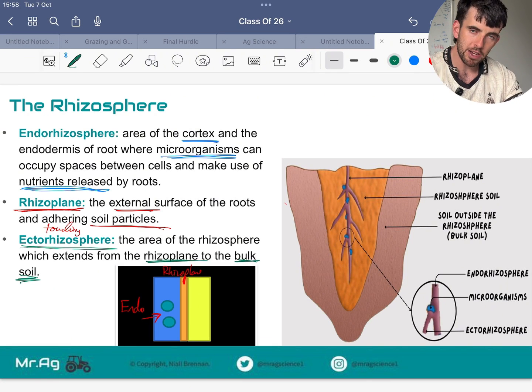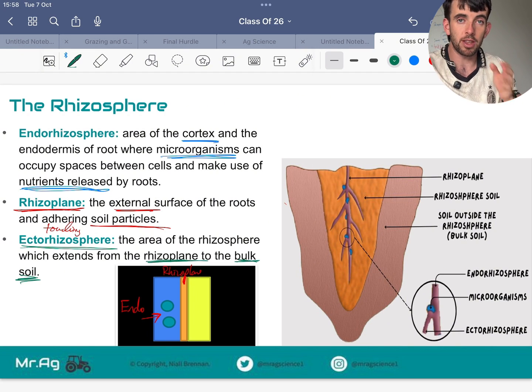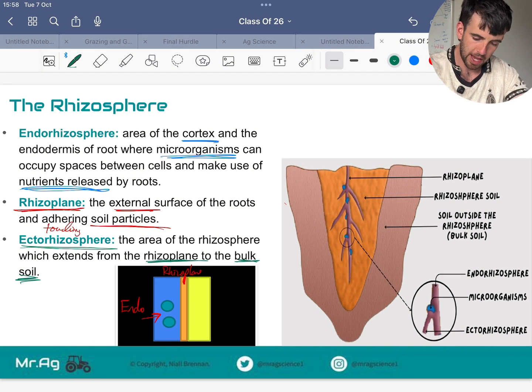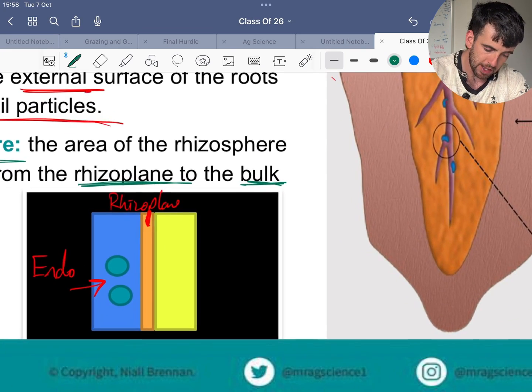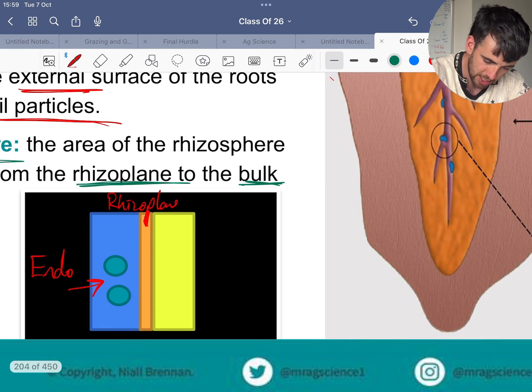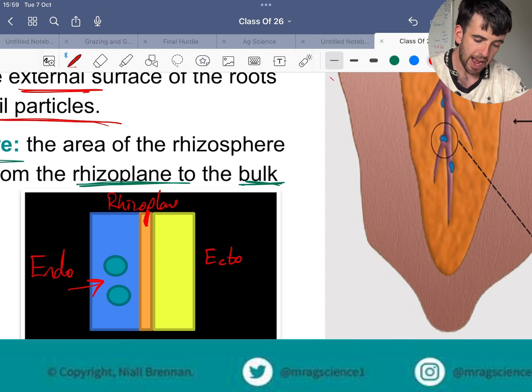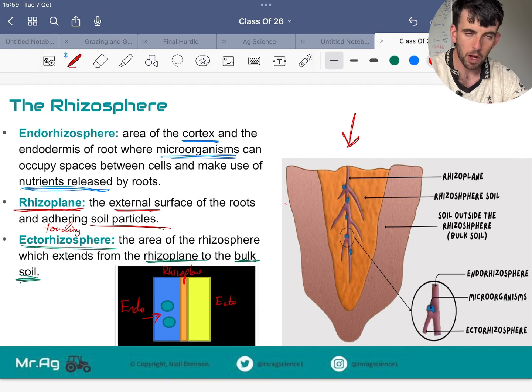So we have our endorhizosphere, which is the skin of the root, the rhizoplane is touching the adherent soil particles, and then the ectorhizosphere is touching the bulk part of the soil. So that is a way to do it. I want you to look at this diagram, zoom in. That is a way of how I want you to represent the different types of your endorhizosphere, your rhizoplane, and your ectorhizosphere. Now again, you do need to draw this larger diagram here to show what the rhizosphere is,